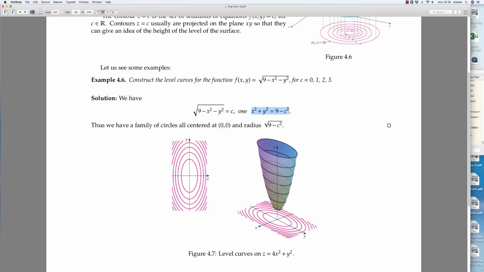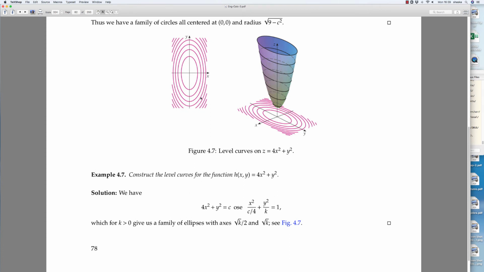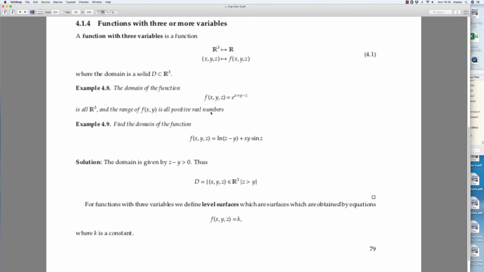Now I think this picture here probably belongs to the next one. Yes, this picture actually belongs to this one. So these are now another function, and I want to construct the level curves for that. So I will let it be equal to c. Now notice that for this one, the coefficients in front of x squared and y squared are both positive, but they're not equal. So we get an ellipse, not a circle. And you can write it this way if you want. But anyway, that's why these level curves correspond to this example. They are these ellipses, okay? Anyway,